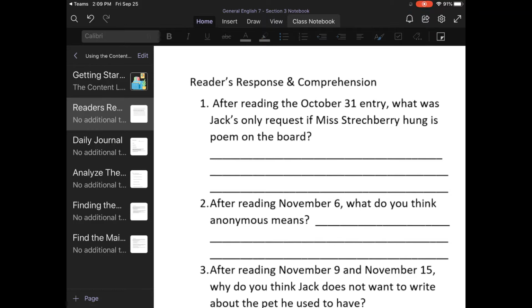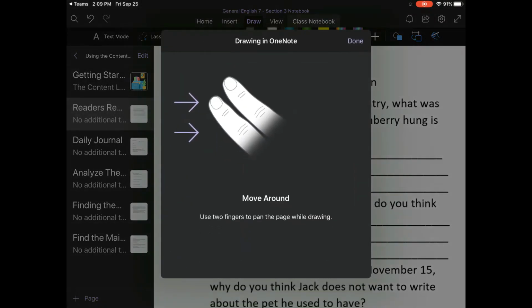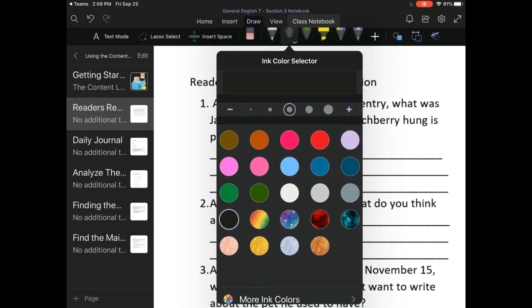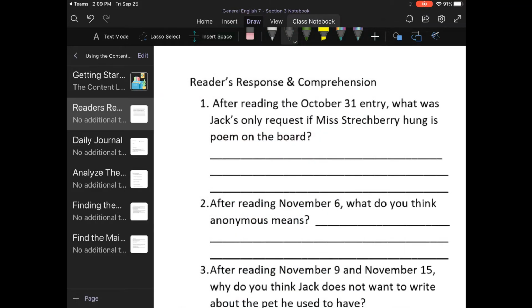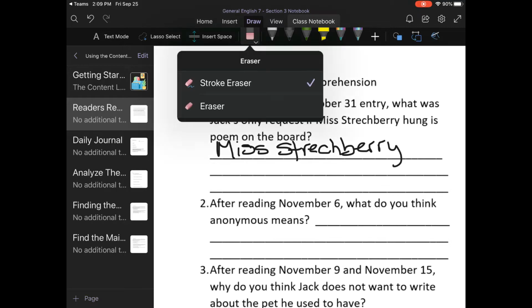and I want to be able to write on this document with my keyboard instead of drawing and writing with my finger or a stylus. This will help it stay a little bit more organized. So generally I'm used to going to my draw and using my tools to write an answer. However, we know that this can be difficult to not only write, but then it will be difficult for our teacher to be able to read what our answer is, especially if we are using RACE and using complete sentences. So instead of doing that,